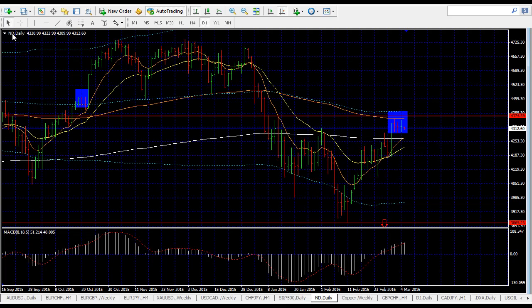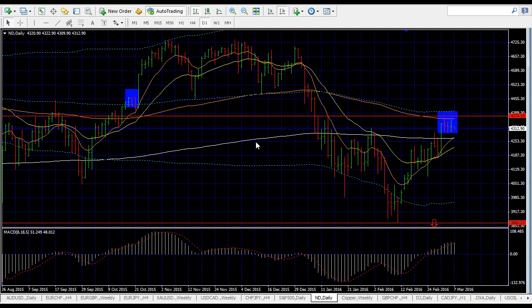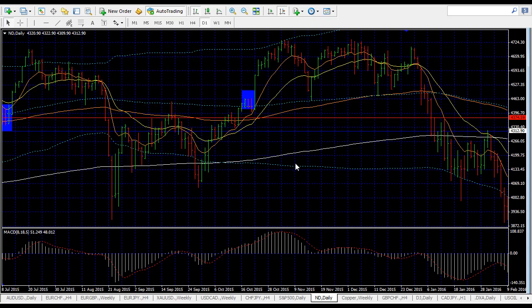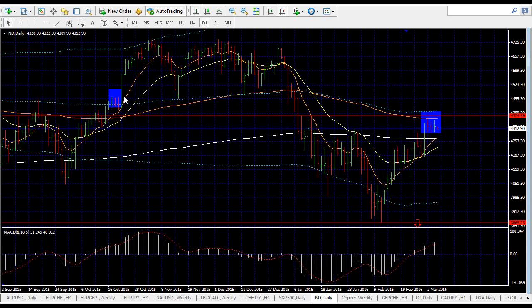which is the Nasdaq, which also clearly moves in line with the S&P and the Dow Jones. So if I look over at the Nasdaq, the movement is also the same, which is all correlated. I've plotted the box over here, which we can see, because price is now testing a couple of lines, testing a strong rejection area with a couple of lines. The last time around, you have a couple of lines over here